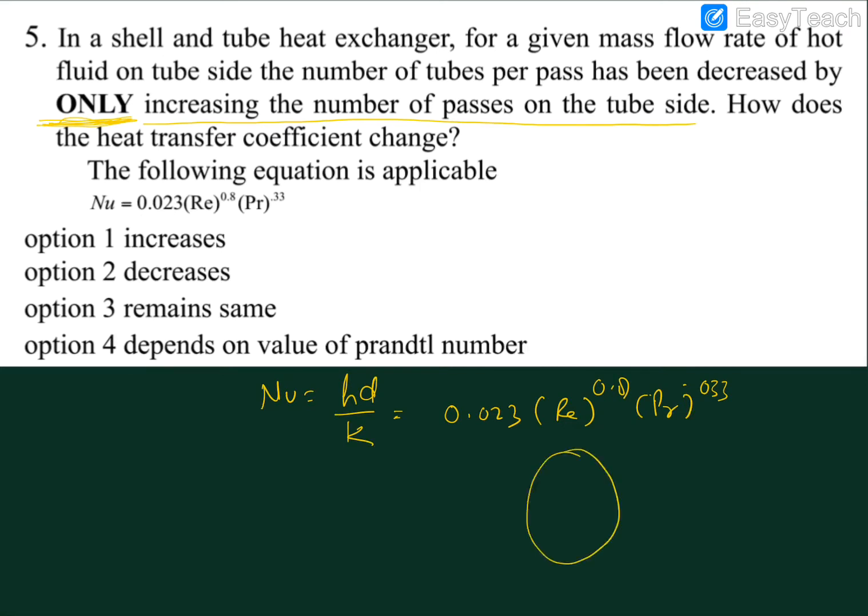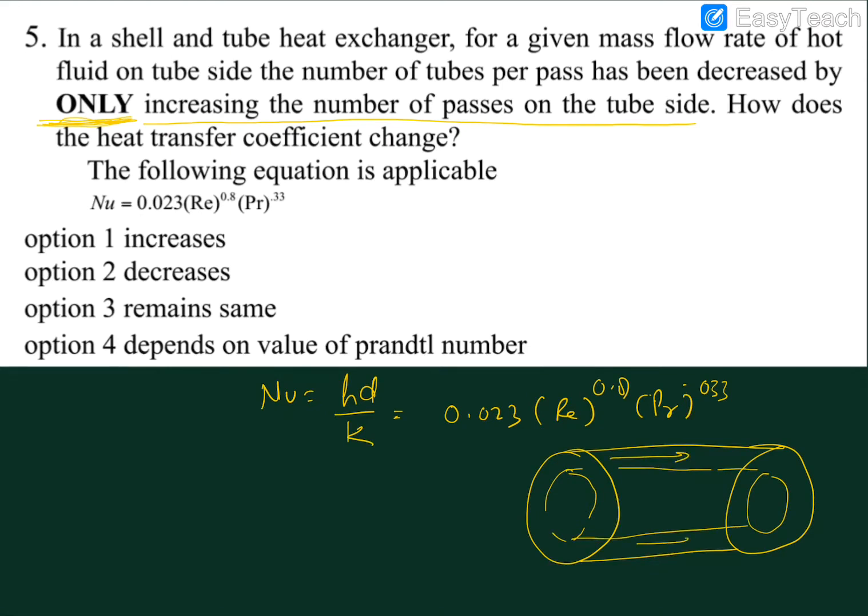Let us suppose there is a heat exchanger, and what are the components? There is a shell side fluid flowing and there is a tube side. These are the tubes inside the shell, and these tubes are fitted on a tube sheet on both sides. So generally whenever you come across a shell and tube heat exchanger, the specification sometimes you will see 1 and 2 shell and tube heat exchanger.